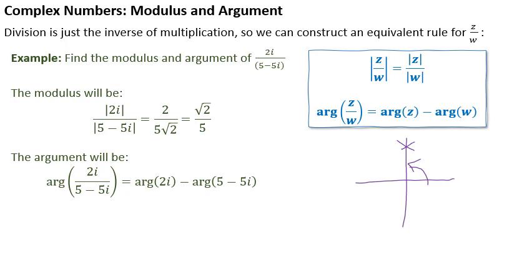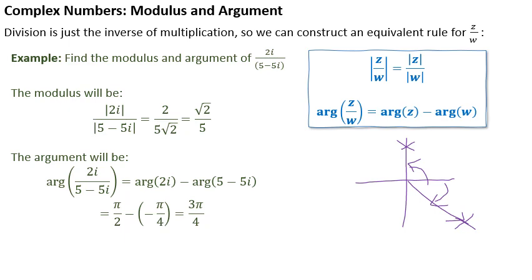For 5 minus 5i, we can visualize that as well. We go along 5 and we go down 5, so we've got a complex number that's somewhere like that. If we draw in the vector and then we think about the angle we turn, you can see that's going to be a 45-degree angle, but it's below the real line, below the x-axis, which means we're dealing with a minus pi by 4. If we subtract the arguments, pi by 2, take away minus pi by 4, we get